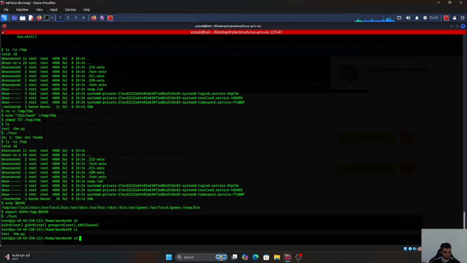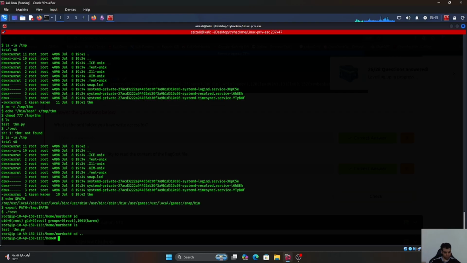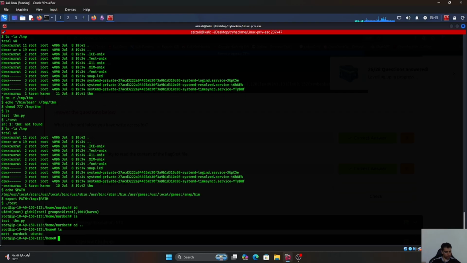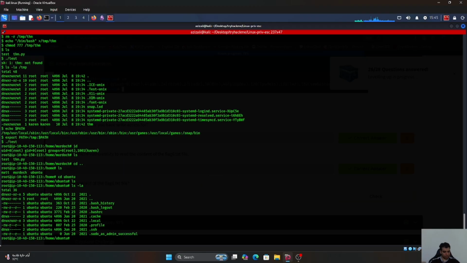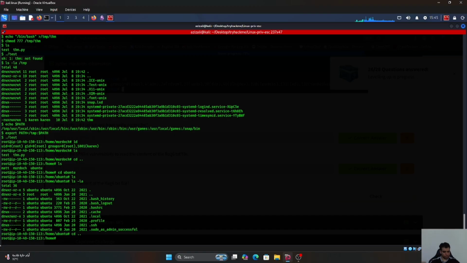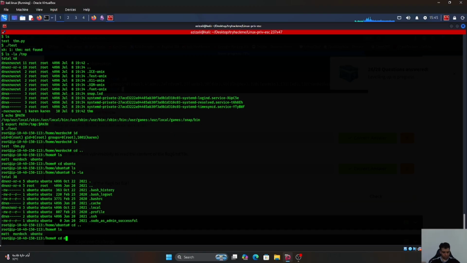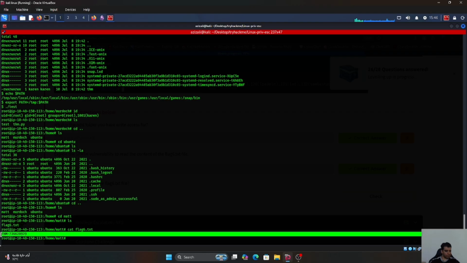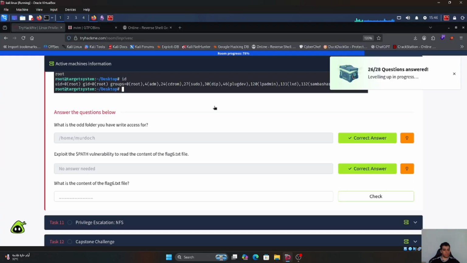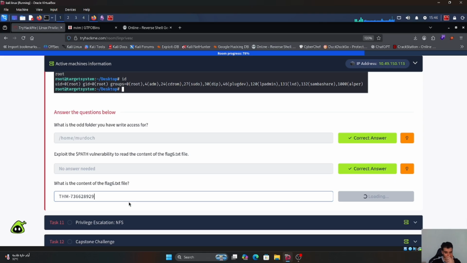ls, cd, ls, cd open to, ls -la. Nothing here. cd to the folder. Cat flag 6.txt. Okay guys, this is the flag 6, and right now we need